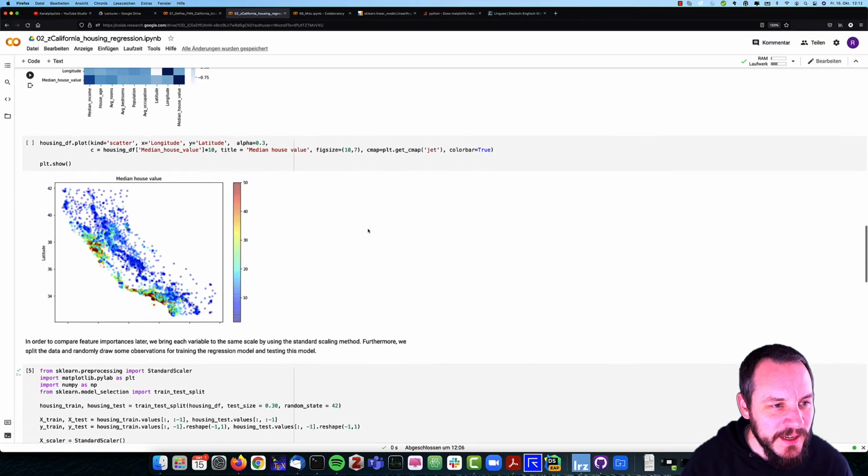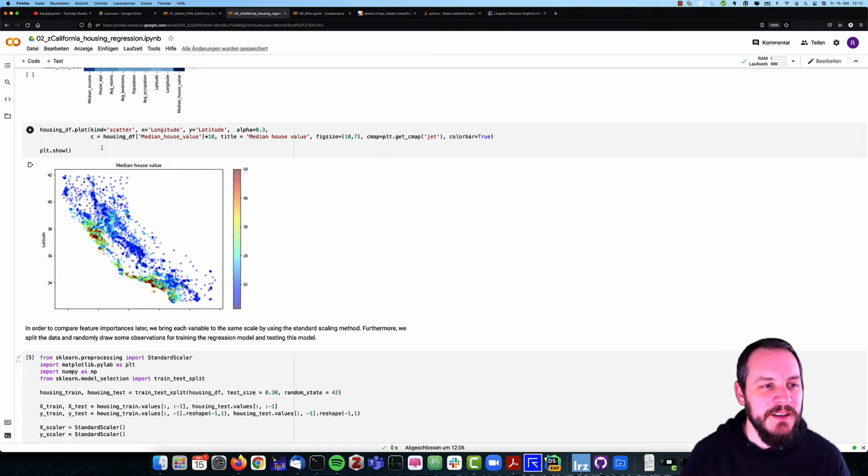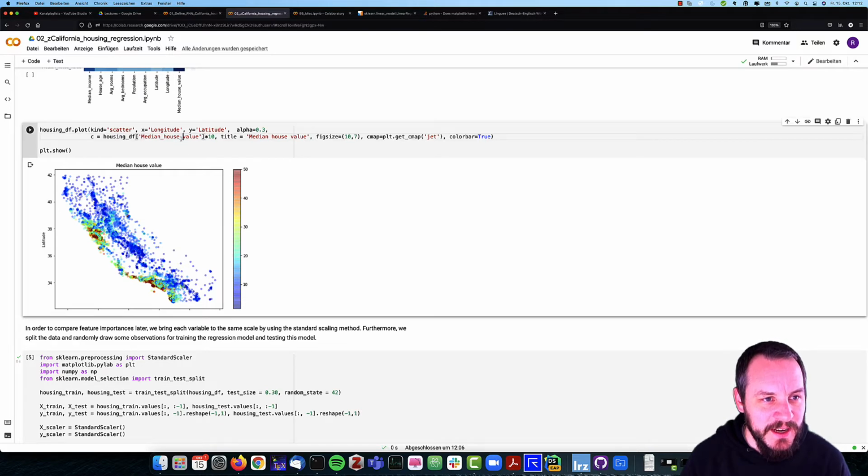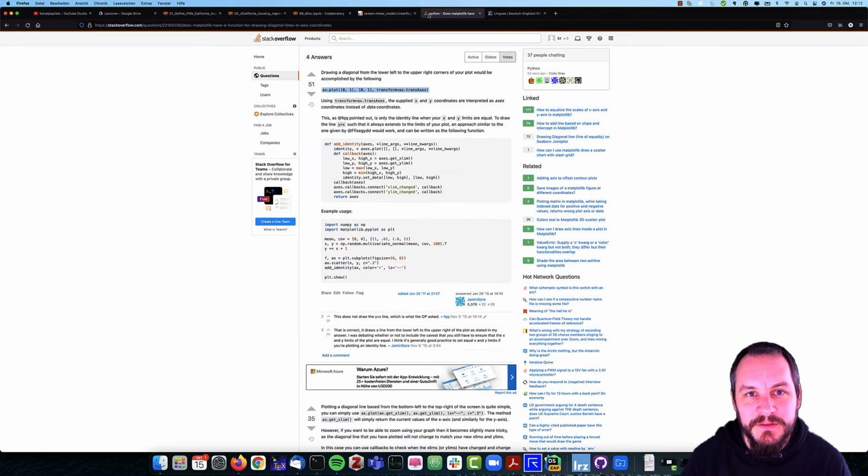Also, what I always like for this data set is to do a scatter plot and use latitude and longitude on the x and y axis, and use the housing value in order to generate the color of the point. So as you can see here, the more red it is, the higher it is, so the more expensive it is. And if you compare this to how California is lying geographically on a map, maybe we can find this